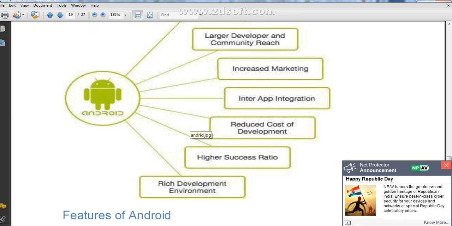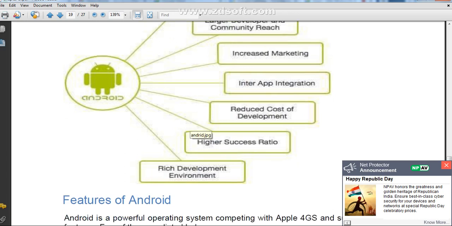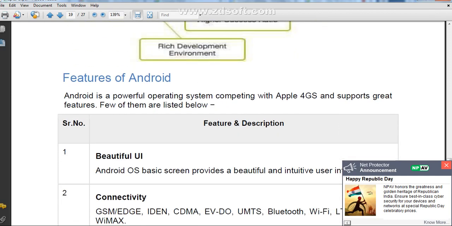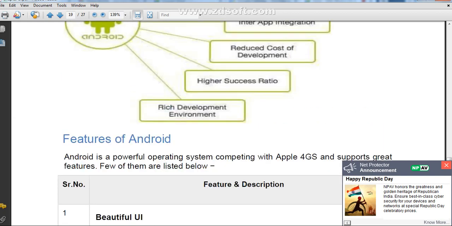Then a rich development environment is there, so lots of inbuilt libraries are there. By using those libraries you can easily develop the particular app. So there is a rich development environment when you use Android. Understood? Yes.